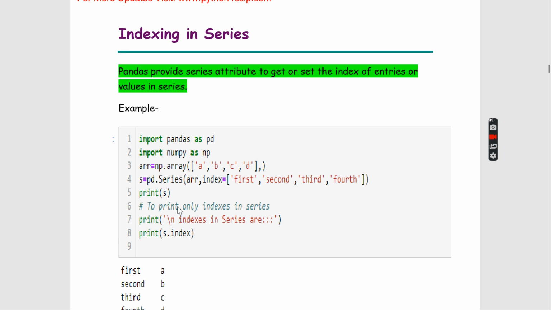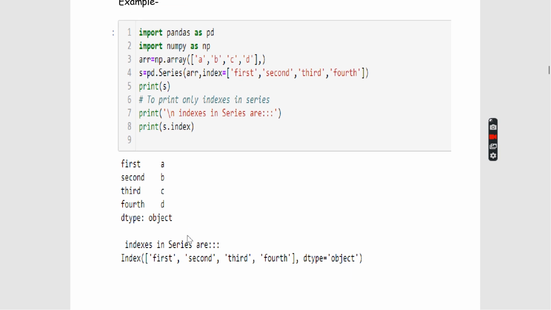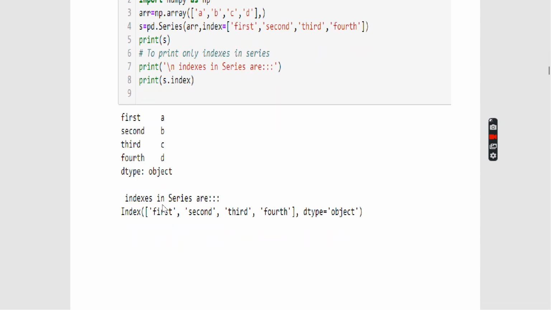Now if you print s, you can see all the array items with the index of first, second, third. These are the titles of this index, so every title will be shown in the index. This is the new thing you are going to work out today.